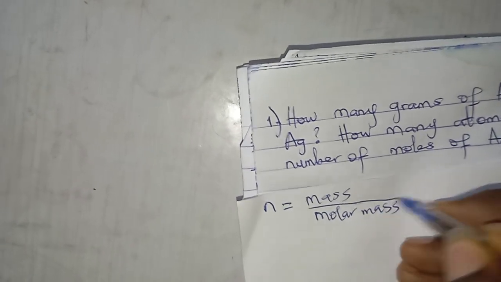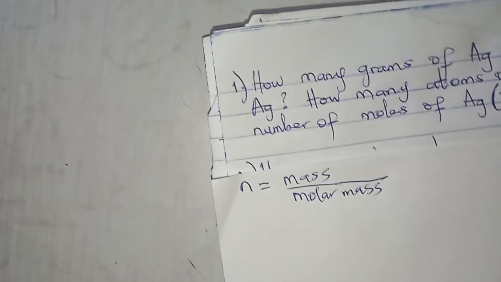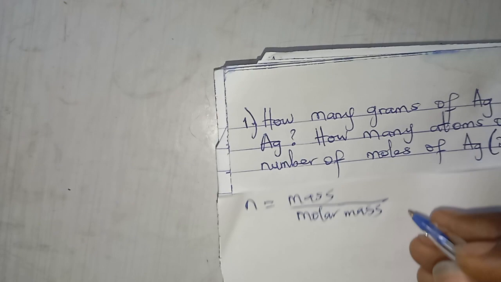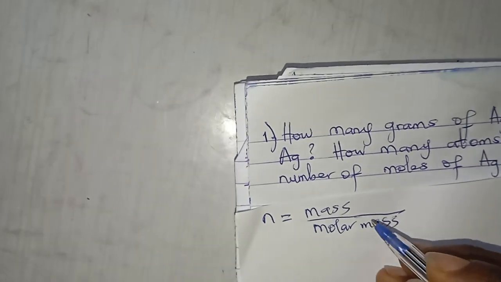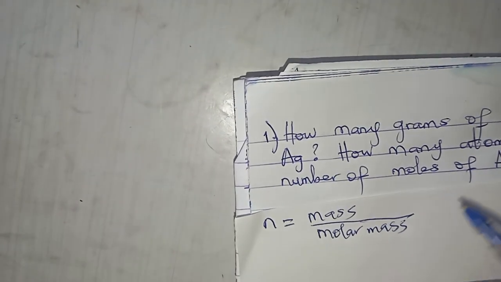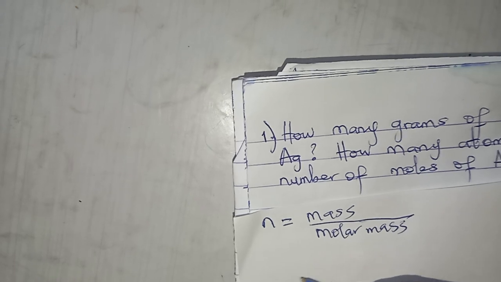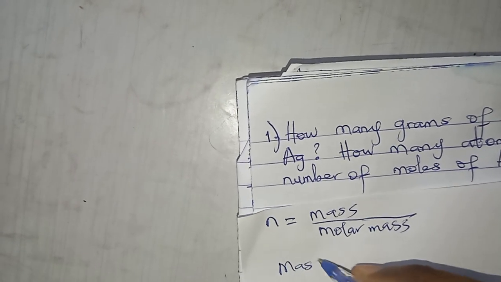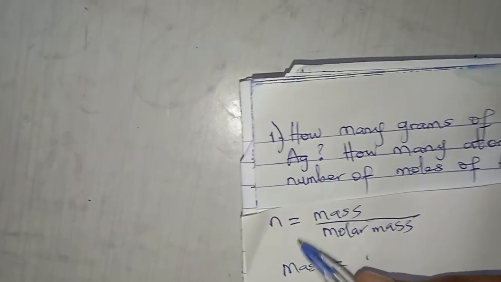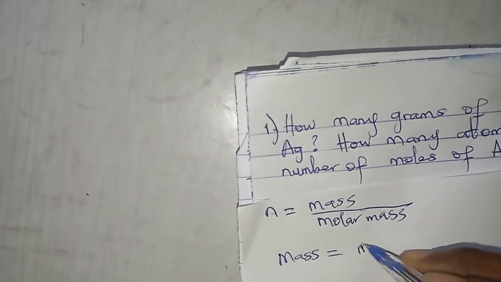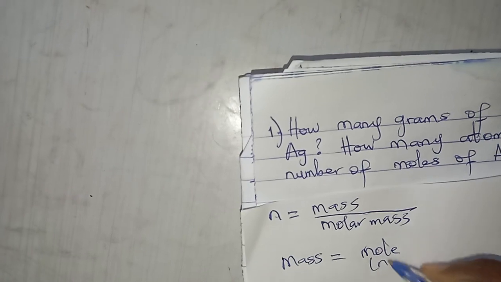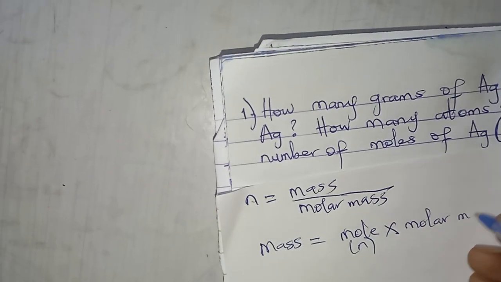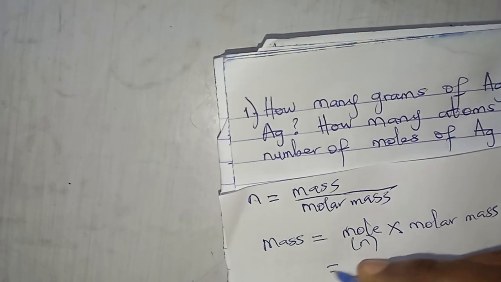So remember. If I know this, to get mass is simple, since I'm given the mole to be 0.148. So let's make mass the subject of the formula. Mass now becomes mole times molar mass, mole, which is n, times molar mass. So that we now get